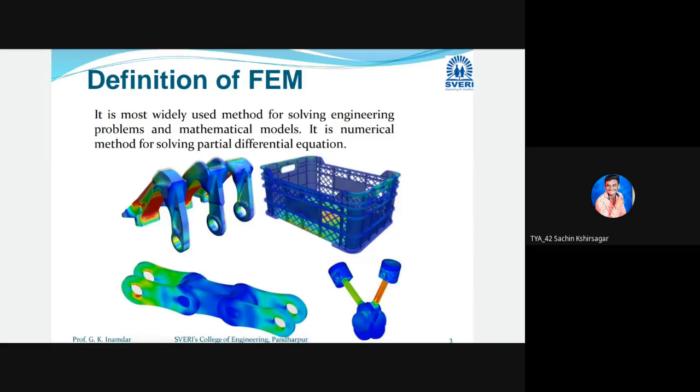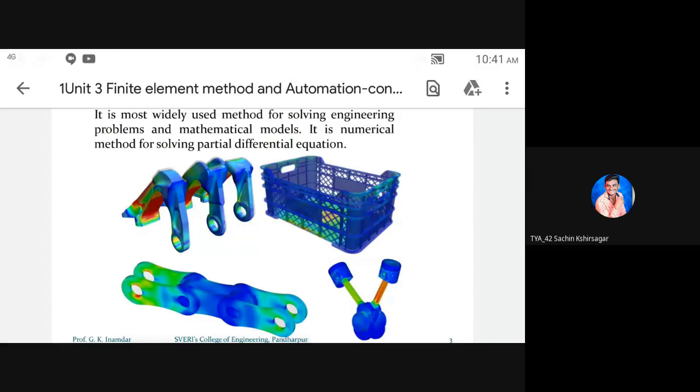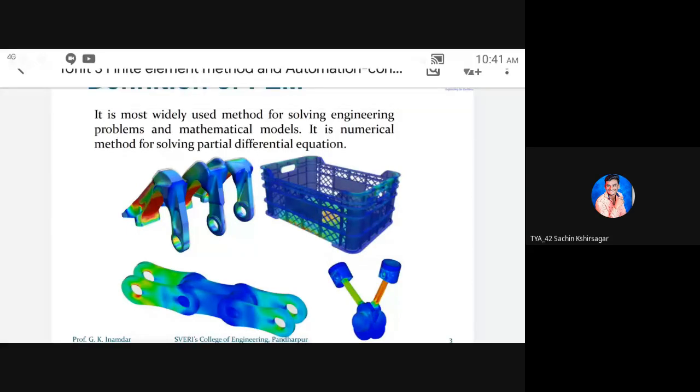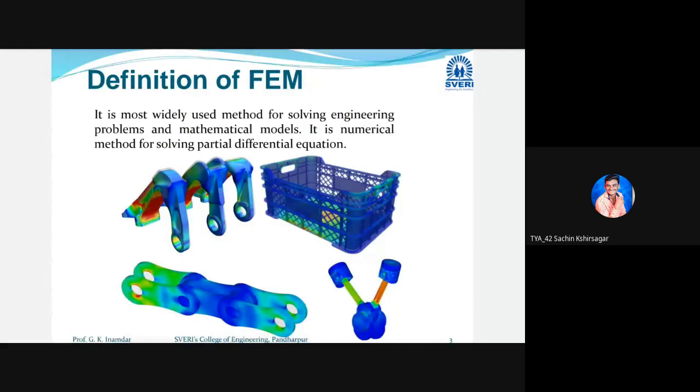These are the natural colors. By using those natural colors you can identify the analysis part. Suppose the red color is showing the maximum stress is here. The red color is showing the maximum stress part. And this is also color coding. The blue color means less stress is present in that area.